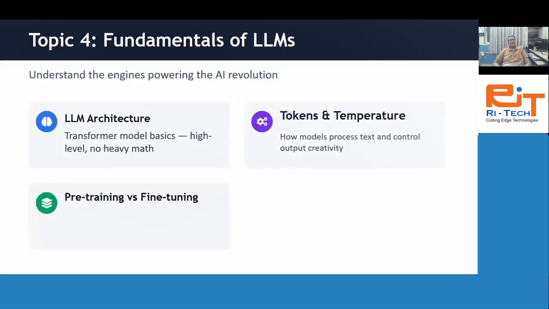Now, pre-training versus fine-tuning: when to use each approach for your use case.